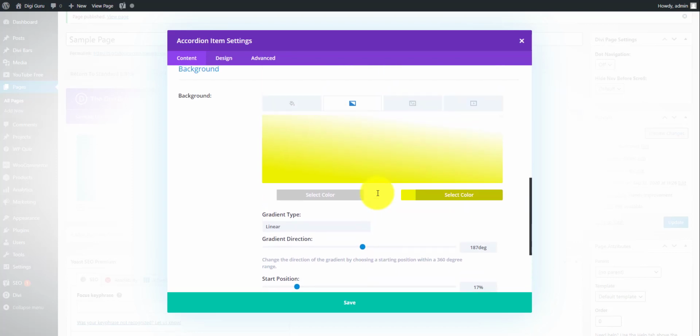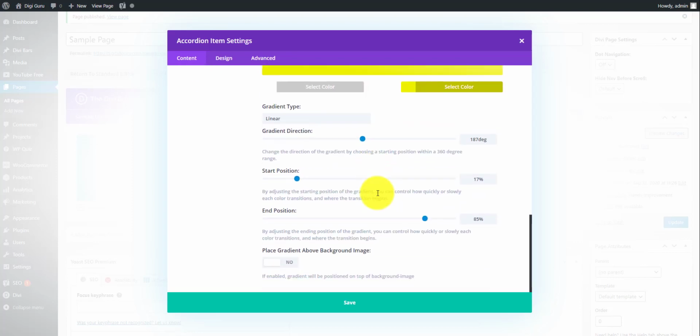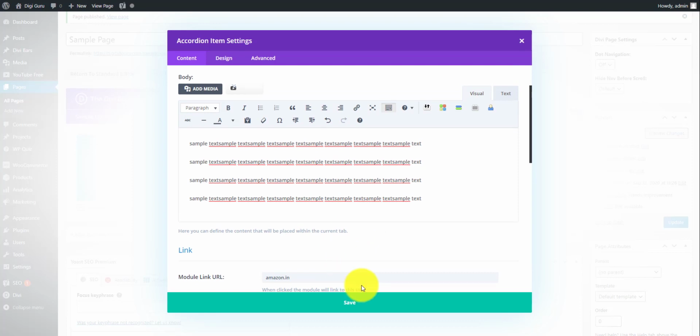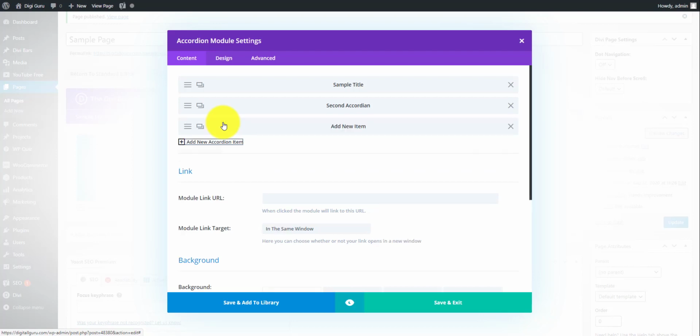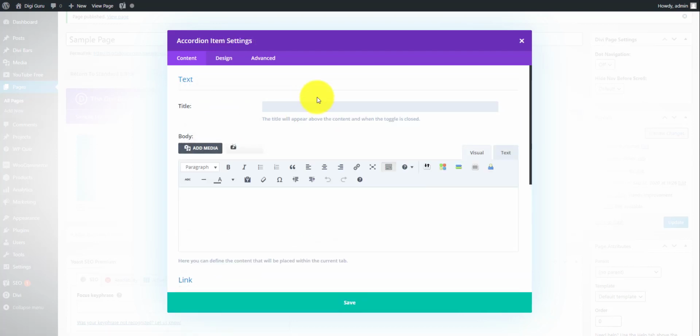So as of now, as I can feel, this section is ready. Let's just save and exit, and let's add one more accordion, and this time we would be using an image background. This is the third